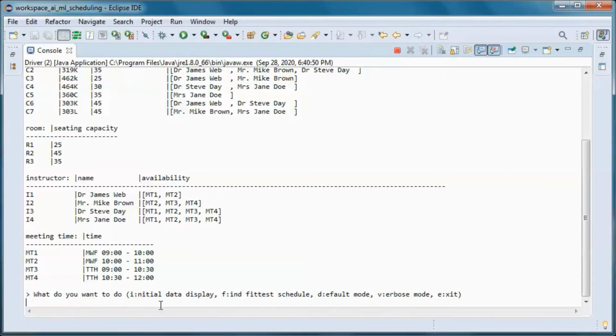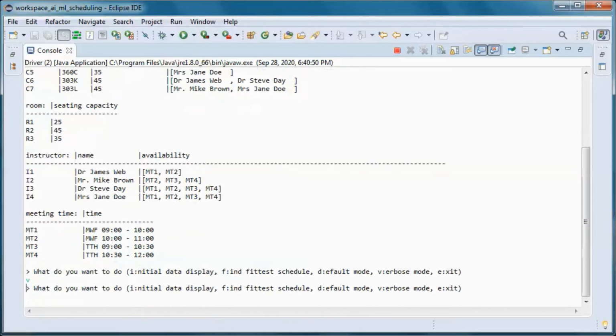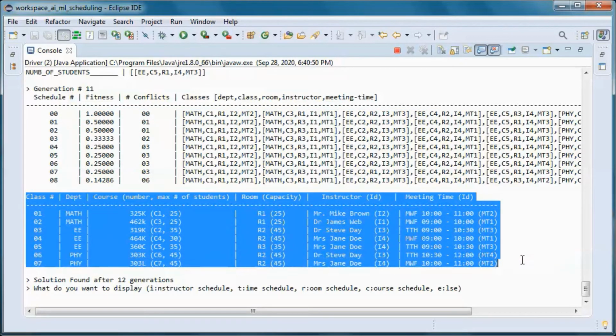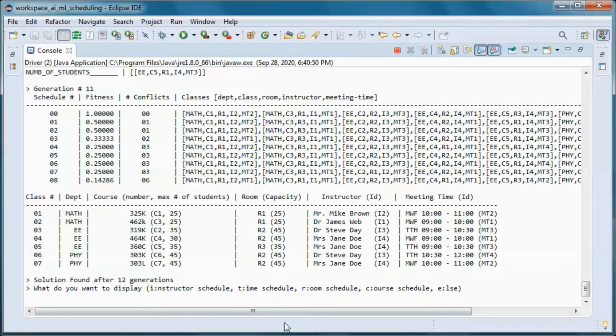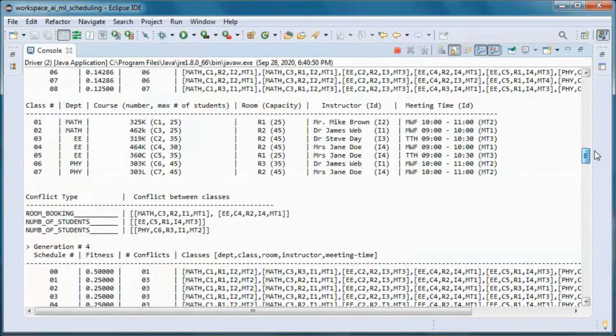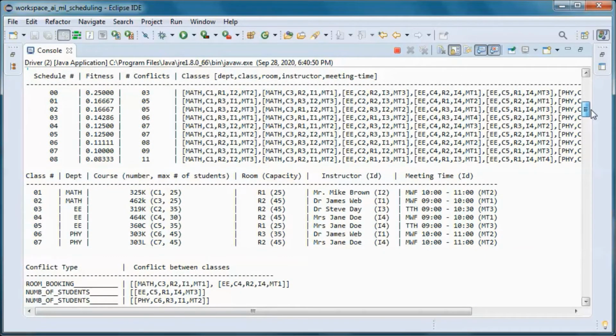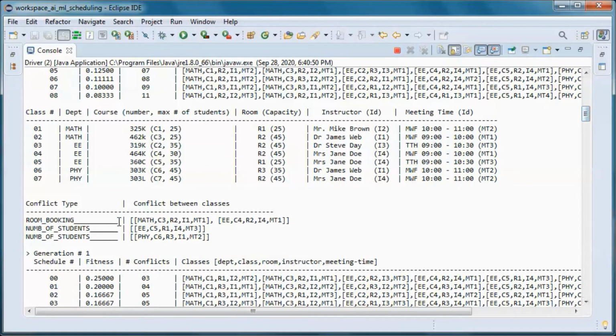And let's go ahead and run in verbose mode and find the fittest schedule. So we went for 11 generations, and we found this schedule with no conflicts, and this is a table representation of that schedule. So we started from generation 0, which had those conflicts.